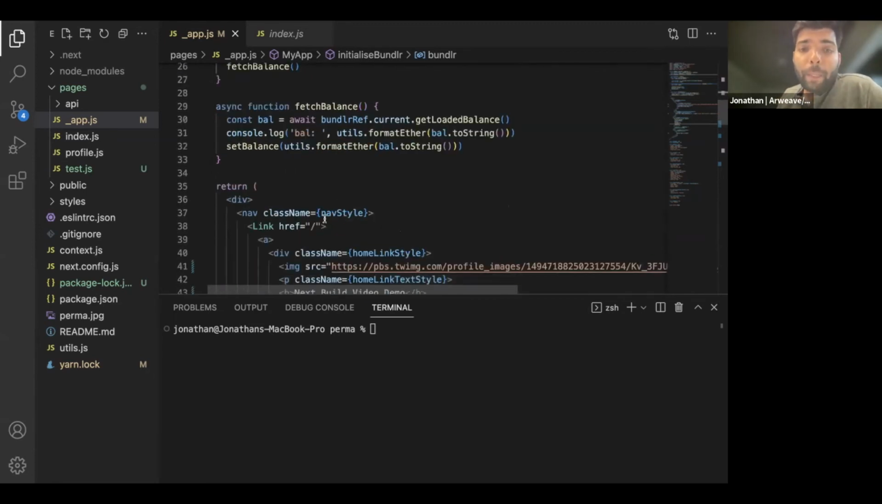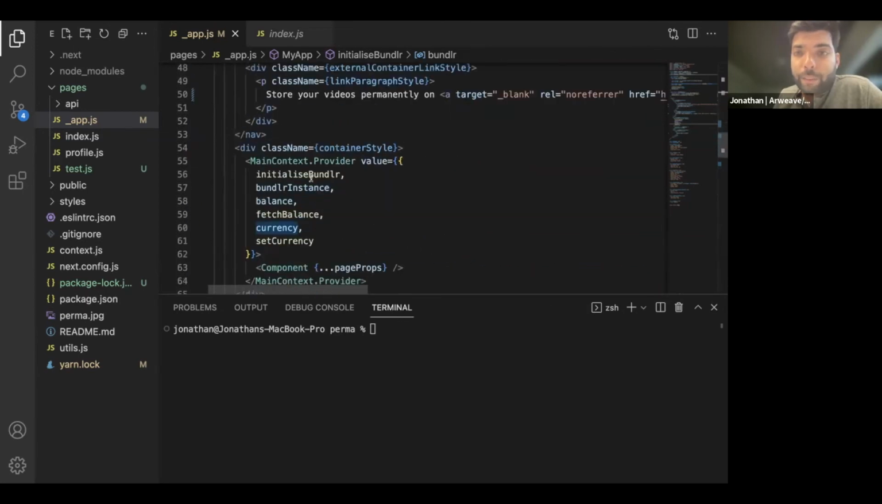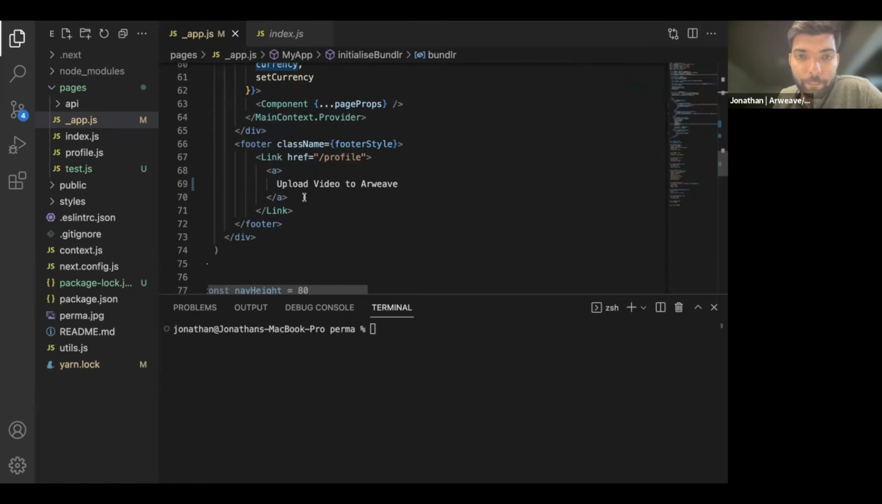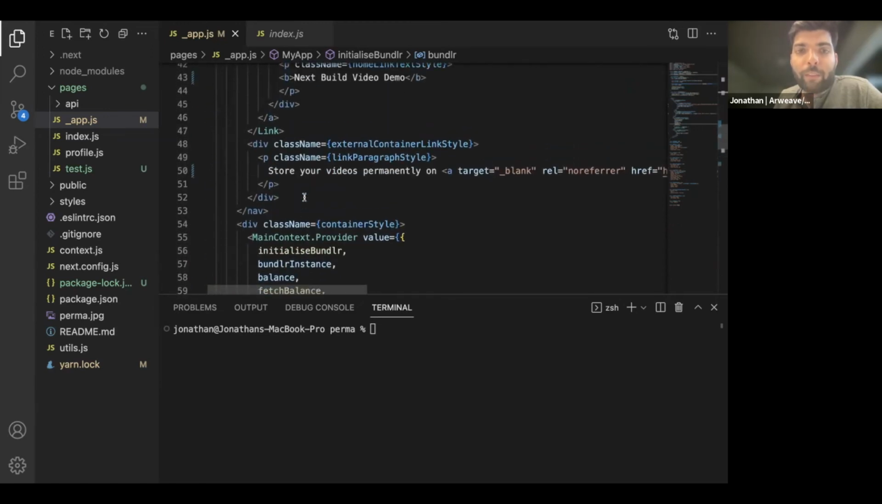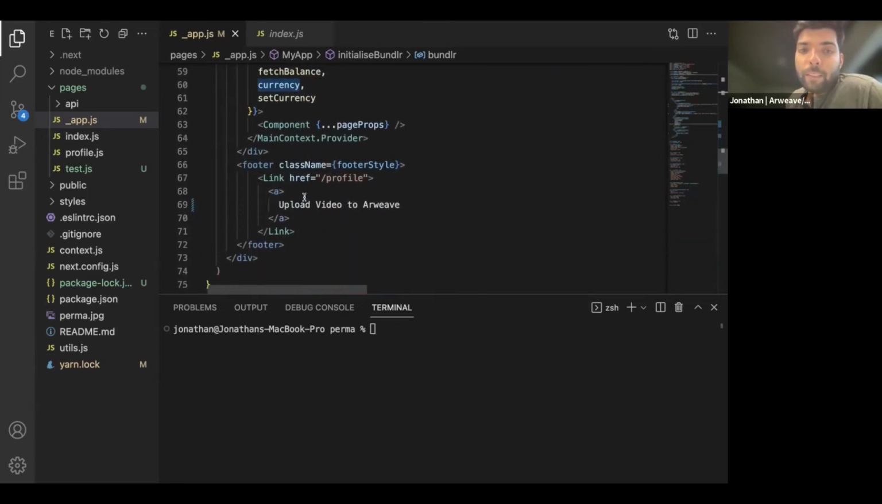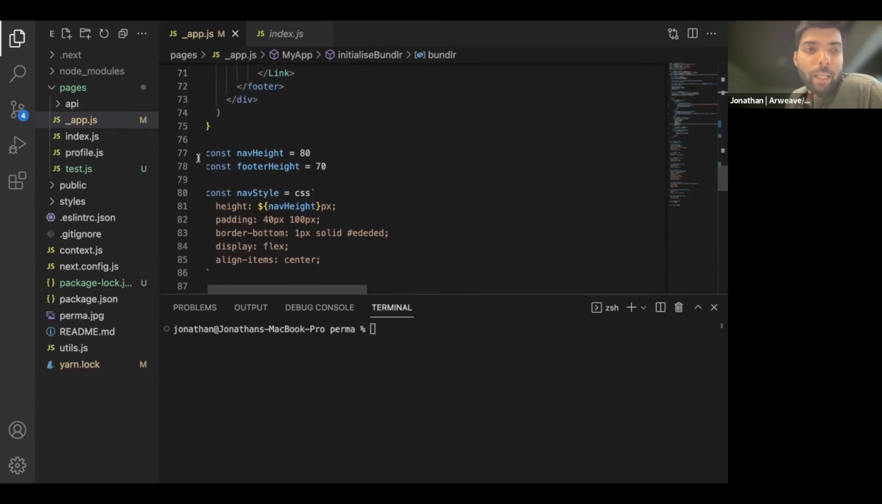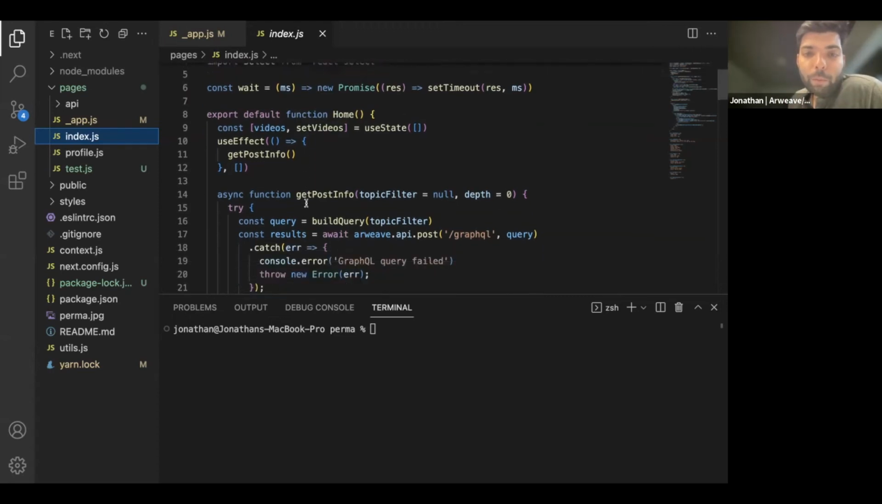And based on this, what you're going to effectively return is just the URL of the video that is uploaded onto Arweave. And to do that, let's go to index.js. So here you're setting this state to showcase all the videos which are uploaded, and